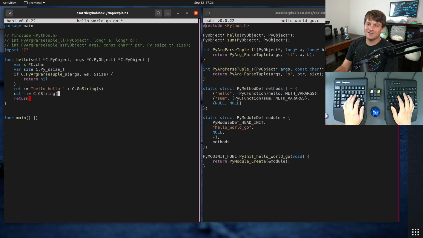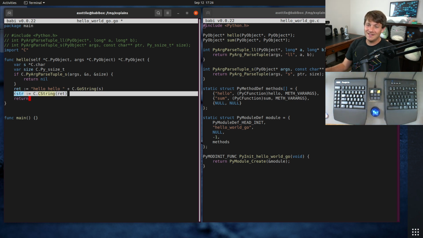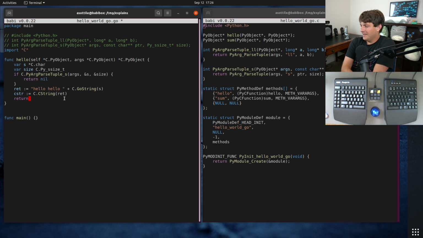C.C string. So this is going to copy the Go string into a C string. We will need to free this variable. But first we need to convert this C string back into a Unicode object. Do that with